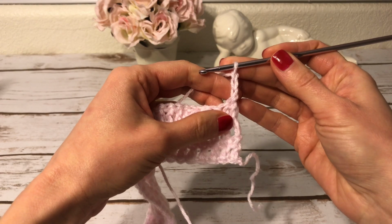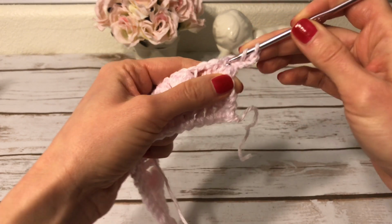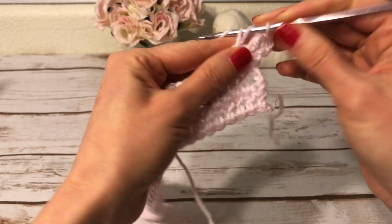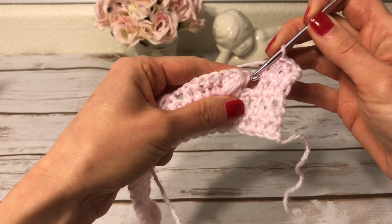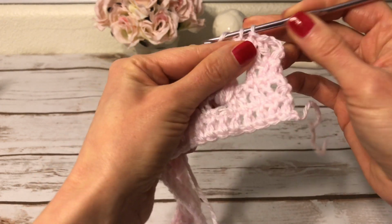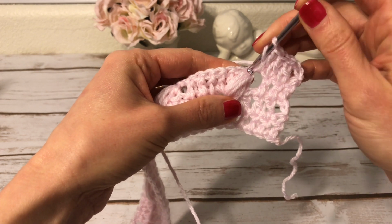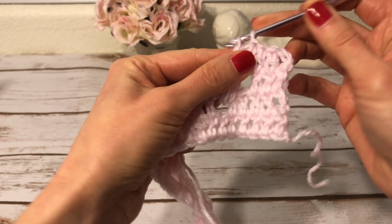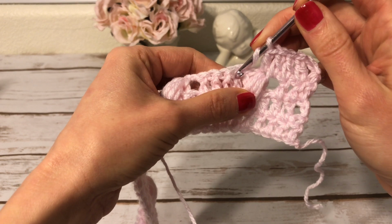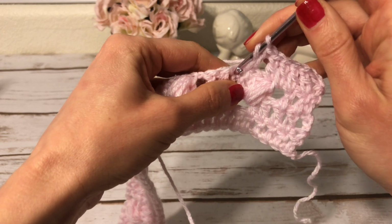I start the next row with 3 chains. Now I work a double crochet into each one of the next 2 double crochets. 1, 2. Now I work a double crochet into the next chain 1 space. Now I make a double crochet in top of my puff stitch. I skip the next double crochet right here and I work a double crochet into each one of the next 4 double crochets. 1,